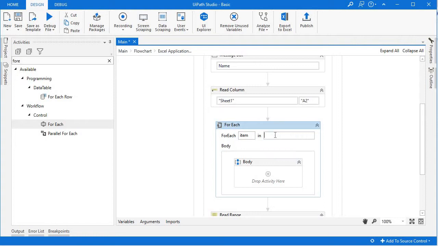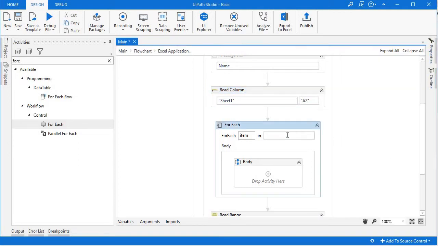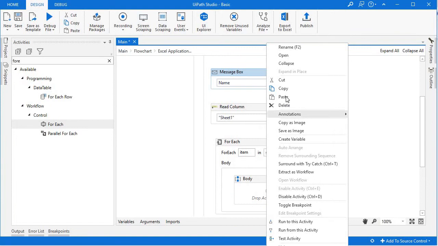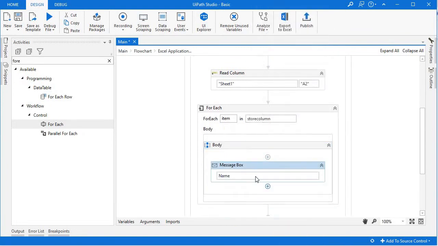Here the VB expression will be this output result variable, store column. And I am just dragging a message box to show that data. Let's run the bot.